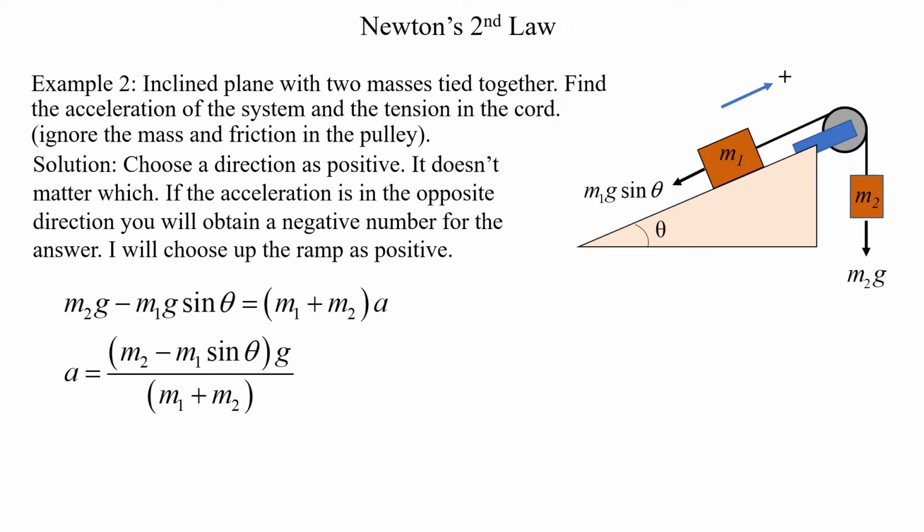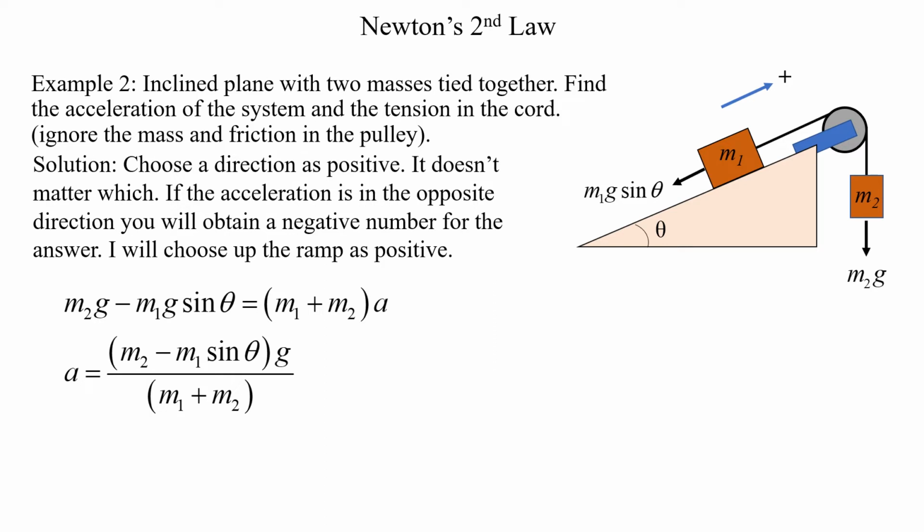Here I've put in the diagram a blue arrow indicating that up the hill for M1 is positive. That also means that M2 going down will be in the positive direction. Now we're going to apply Newton's second law. The sum of the forces equals the mass times the acceleration. So we have M2g minus M1g sine theta. Remember, M1g sine theta is pointing in the negative direction, so that's why I subtracted it. And that's the sum of the forces, and that equals the total mass, M1 plus M2, times the acceleration a,